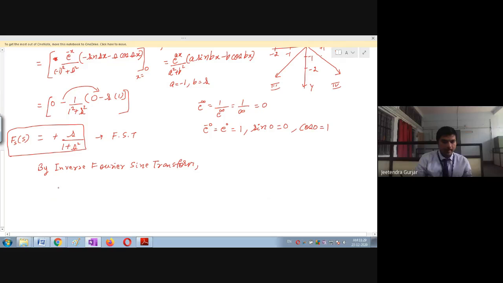So that is f of x. This is also written as F inverse. Okay, no problem. So this is equal to 2 upon pi, integral 0 to infinity Fs of s,